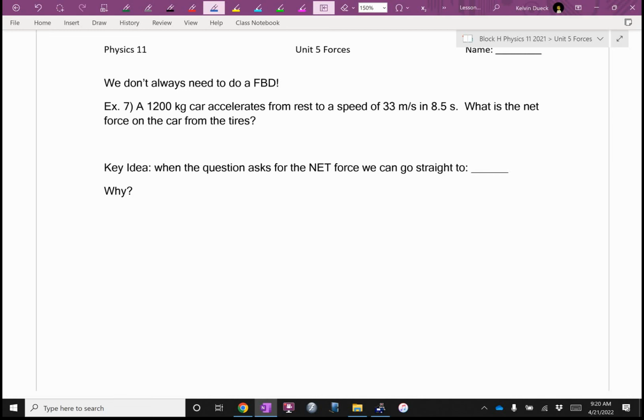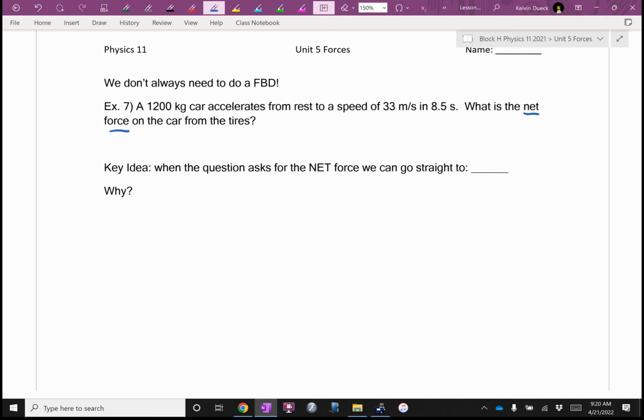The what force? If you ever see the phrase net force, you can skip the free body diagram. The reason is, if you look at your formula sheet, I actually never said F equals ma. I said F net, the net force, equals ma. I've done the free body diagram already for you, and